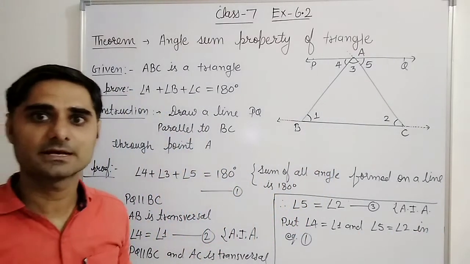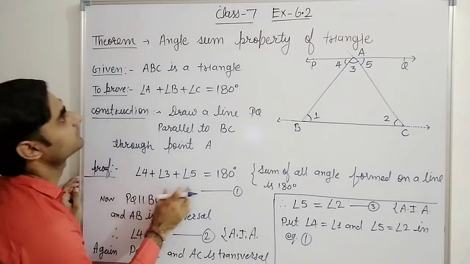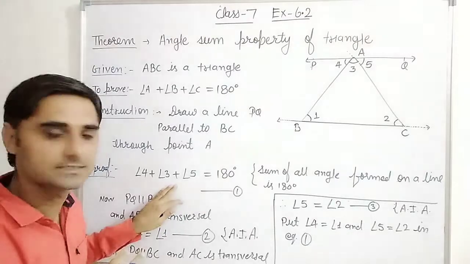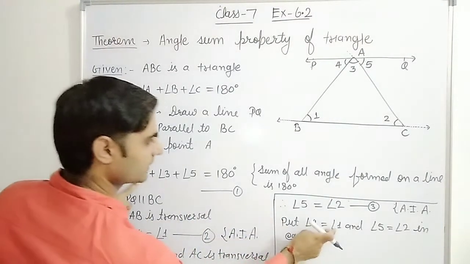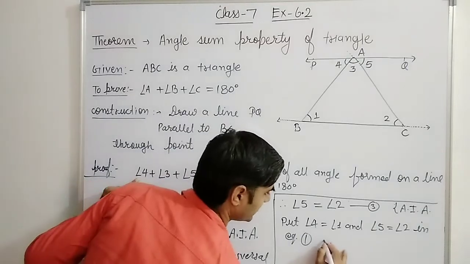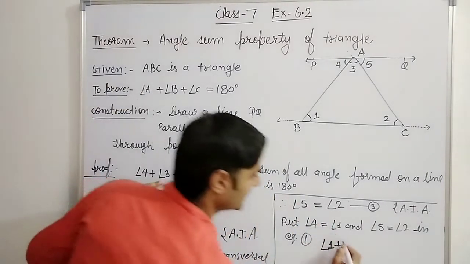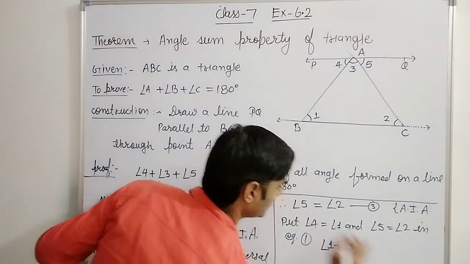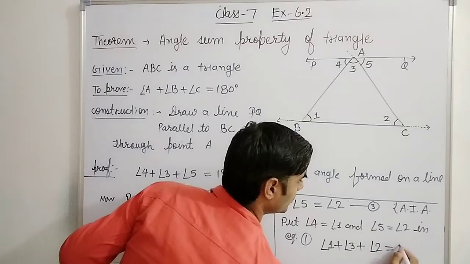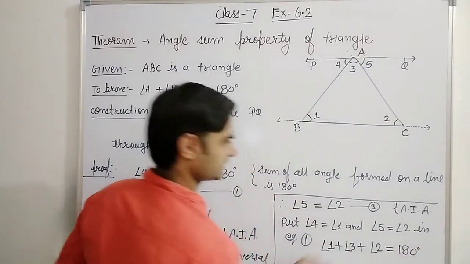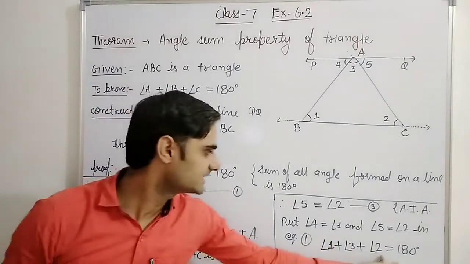अब देखो 1 में अगर हम रखेंगे तो क्या होगा, 1 में रखेंगे 4 plus 3 plus 5. यहाँ देखो तो 4 की जगह मैं क्या रख दूंगा, 4 की जगह 1. एंगल 1 प्लस 3 की जगह कुछ नहीं रखना है, एंगल 3 रख दिया मैंने, प्लस 5 की जगह क्या रखना है, एंगल 2. This is angle 2 will be equal to 180 degree. करेक्ट, ये 180 डिग्री है. ऐसे कैसे आ गया, this equal sign same as it is.